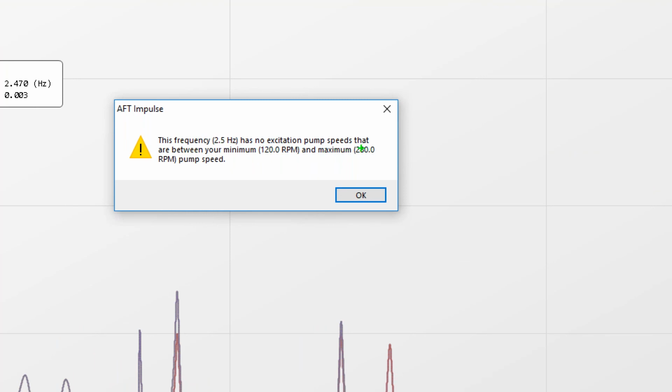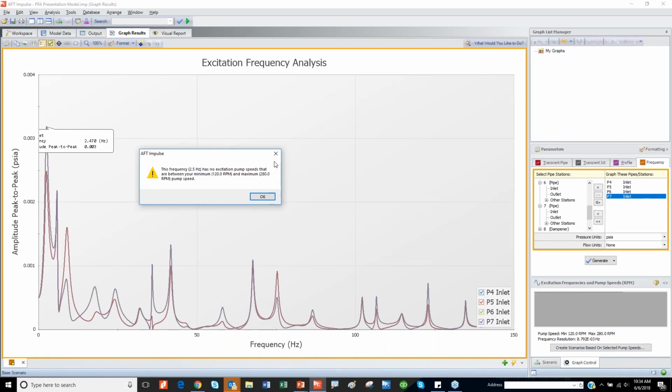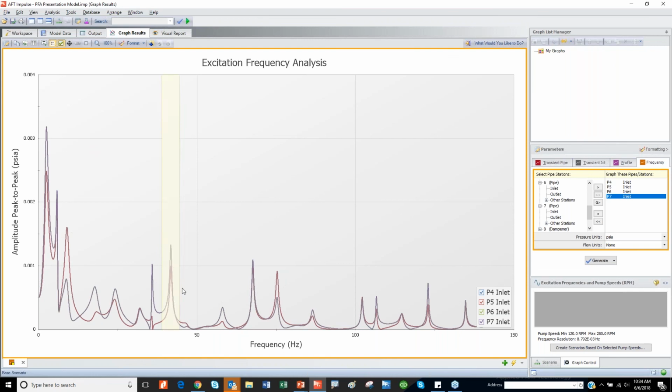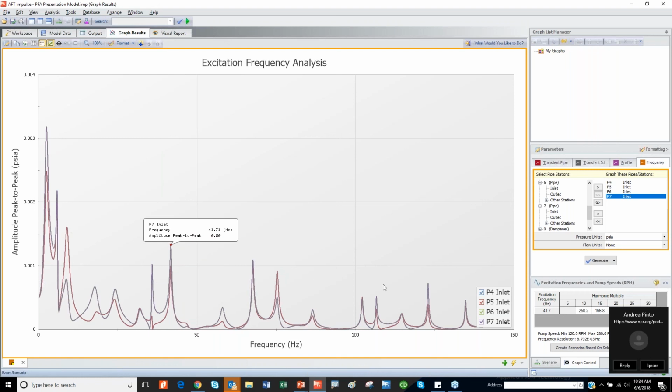So here we have all the natural frequencies. If you want to see only pipe 4, you can deselect it or select them all. And then we have all the frequencies here. So if you drag and create a square, it will tell you the frequencies you are at. And if you want to examine if the pump operates at that frequency, because either you measured it in the field or you are interested in it, you will right click it and create an evaluation excitation frequency. If you go to the lower one